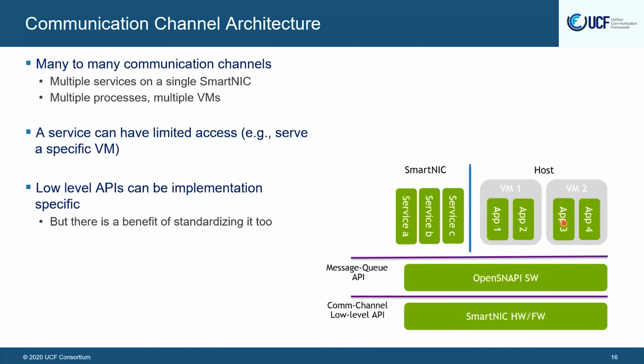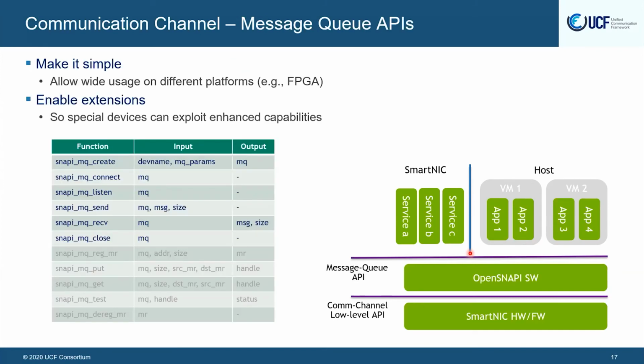And on the other hand, I want to allow multiple applications from multiple VMs to access a specific service. And I want each application to be able to access multiple services. So it's a many-to-many mapping with security requirements that we've been working on. We've built,